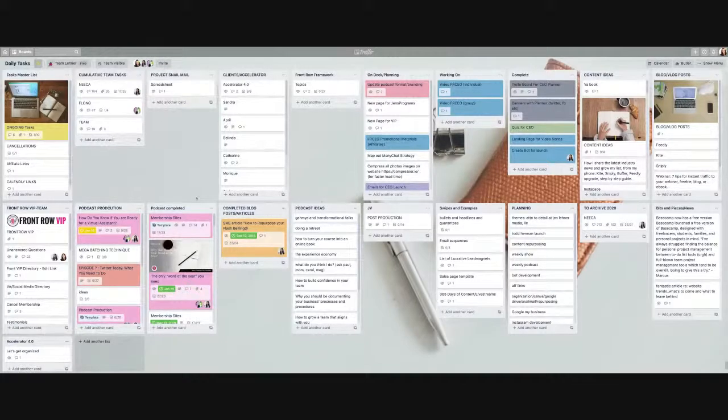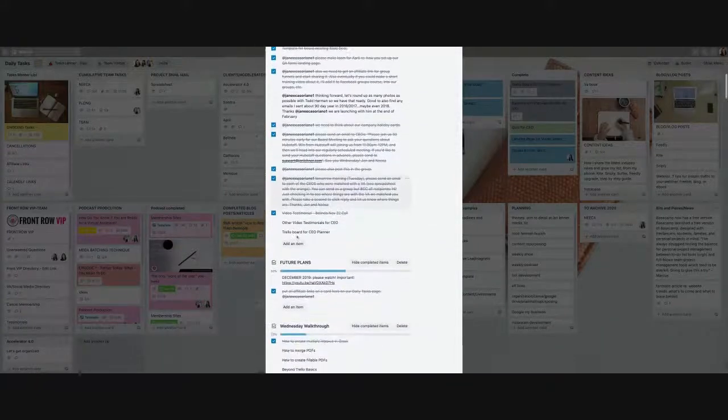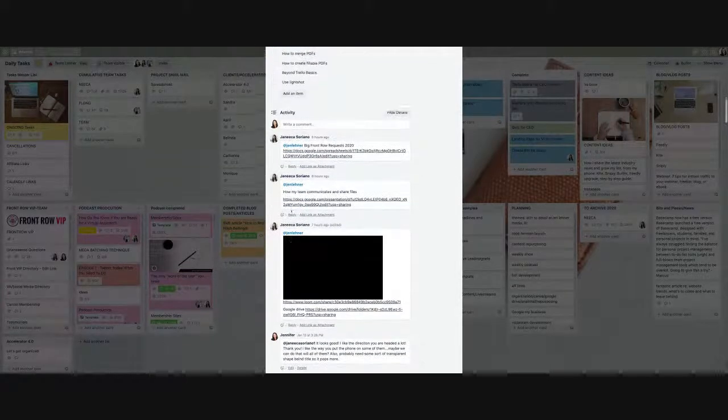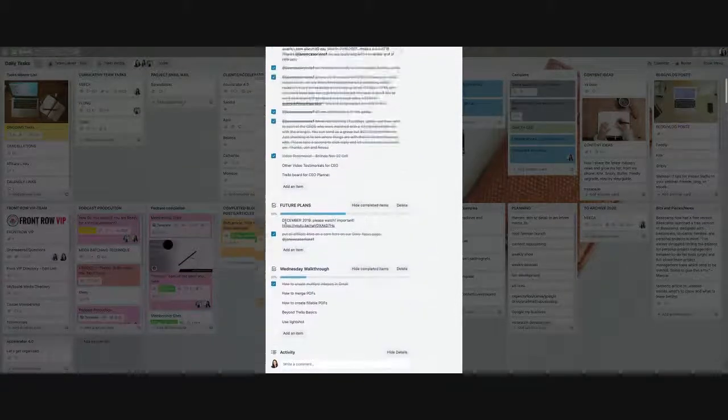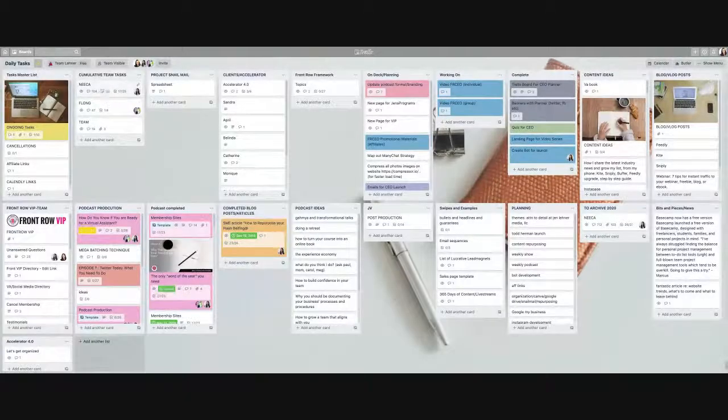I'm going to talk you through it real quickly, but most of the action for us happens right here. So this is Nika's card, this is Flong's card, this is the overall team card. And if I click on Nika's name, you'll see that we've got all these beautiful checklists, and we talk to each other by simply typing in, tagging them, right? And we've got all the checklists and daily task checklists for each person in there,